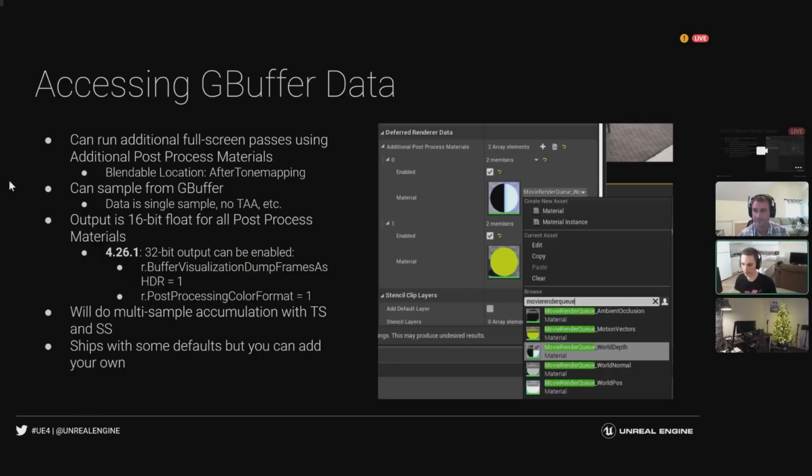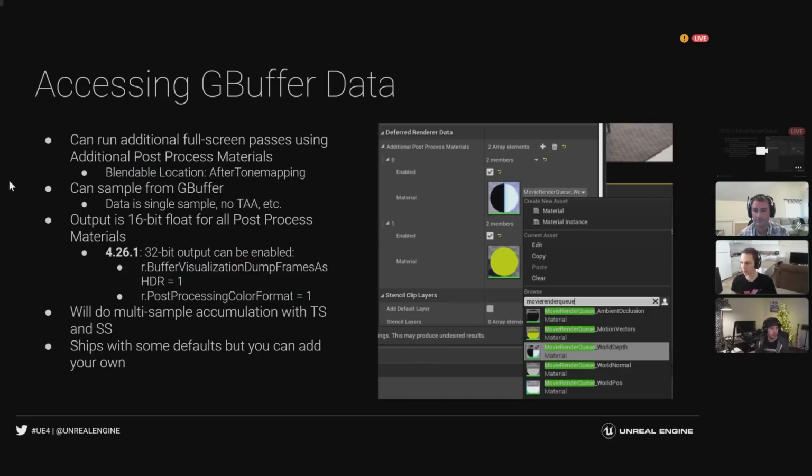And you still do not get post-processing, so you don't get depth of field or motion blur, chromatic aberration, stuff like that. Because once Unreal has read the GBuffer and turned it into your final pixels, it's now just a 2D image, and then we take that 2D image and we apply post-processing to it to do anti-aliasing, depth of field, motion blur, chromatic aberration, color grading, and stuff like that. So in 426,